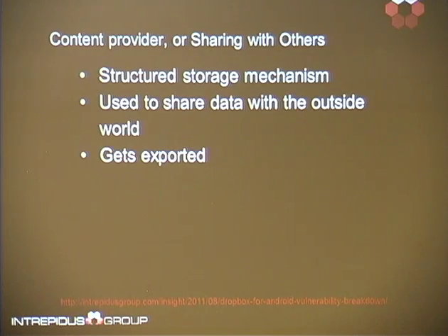One example is, let's say you have an email program where you can read emails, and you can also open up attachments. Let's say there's an image, and you want to view the image with a gallery viewer. The gallery viewer may choose to access the email client's content provider to get the data.